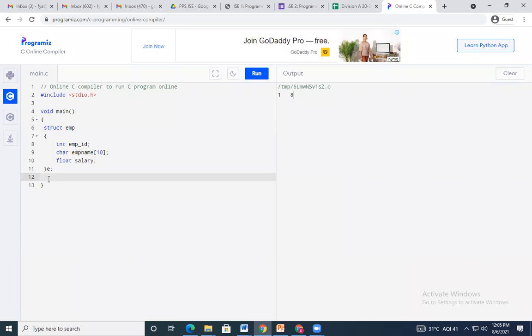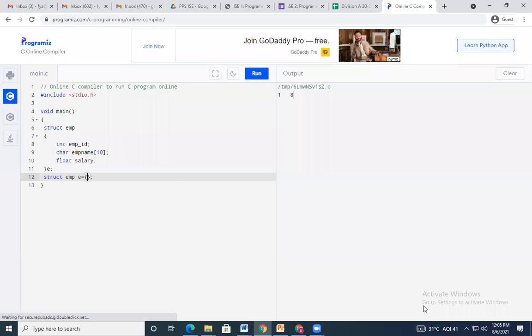Now just check. I will pass the value. How are you going to pass the value? struct, then what is the name of the structure? employee, and here I am having the variable e, which is equal to, again we need to pass with open and close curly brackets.